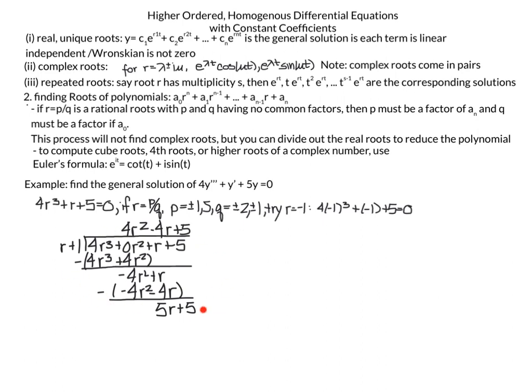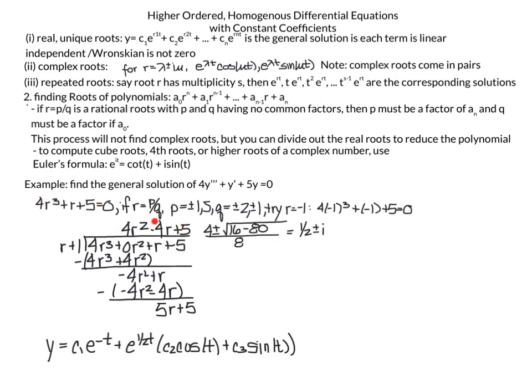One thing about this division, since you know it's going to divide evenly because we already found that this is a root, it's pretty easy multiplication usually. It's not a horrendous division. But here, this is r plus 1 times 4r squared minus 4r plus 5, which is how I can factor this polynomial. And now that this polynomial is a quadratic, I can plug it into the quadratic equation, and I get my other complex roots are 1/2 plus or minus i,